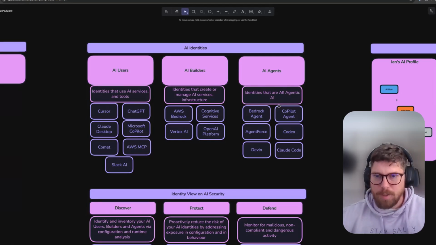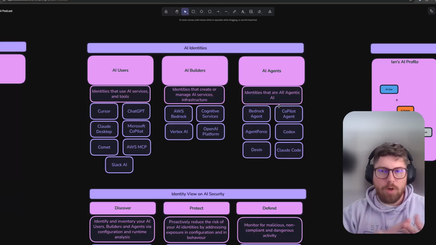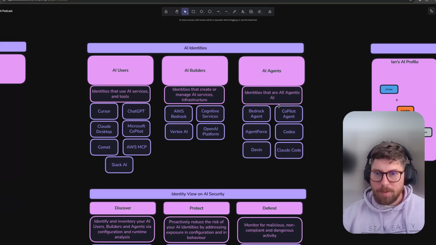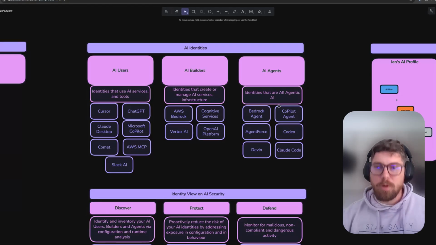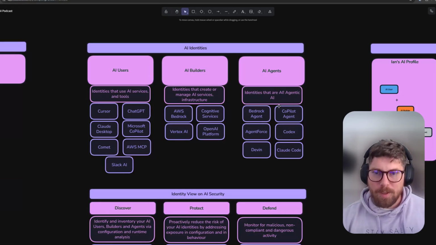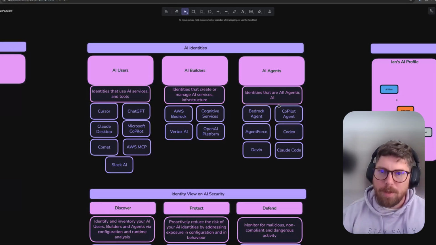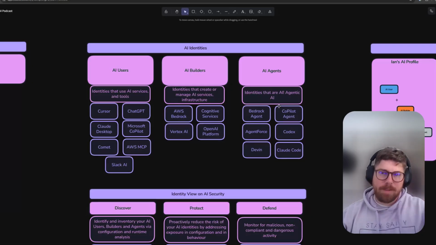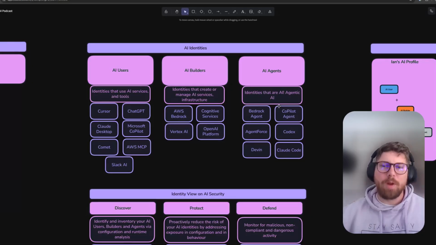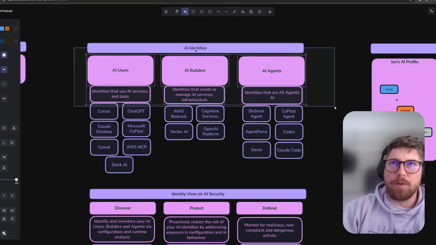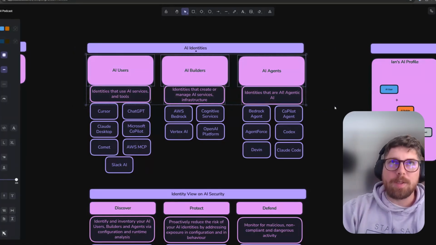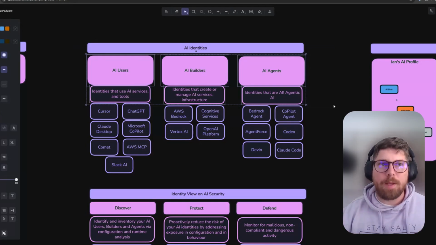It's actually agents sitting on endpoints, agents like Cursor or Claude Code or Codex, right? Those are very common things, and at least by most people's definition, would be considered an agent. But I think what most people are worried about in the agent world is this autonomous thing sitting hosted somewhere that's doing all the actions. That doesn't really exist for most organizations at this time. But AI users, AI builders, and AI agents is how we categorize our AI-related identities.